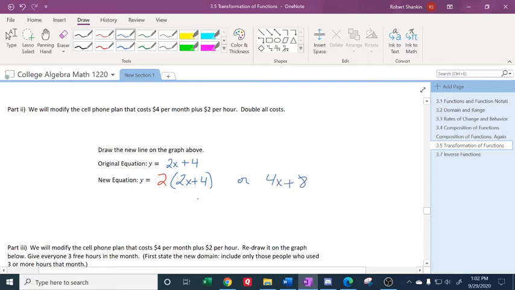Okay, so when you double all the costs, now what this is then is this 2